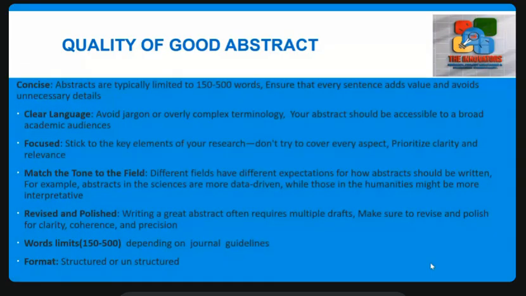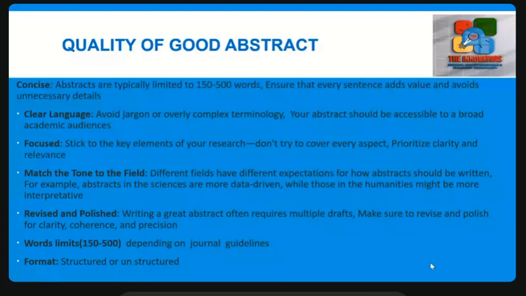Also, another quality is the abstract should be revised and polished as much as you can. So a good abstract should often require multiple drafts in order to make sure the revised and published abstract has clarity, coherence, and cohesion. Another quality is word limit. Normally, the journal limits the number of words needed in the abstract. Some journals recommend 150 to 300, others up to 500. So this depends on the kind of journal. And the last